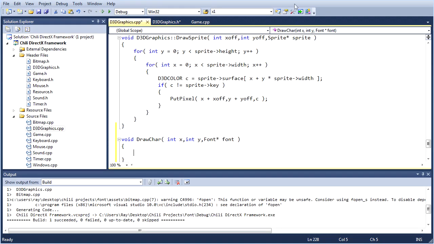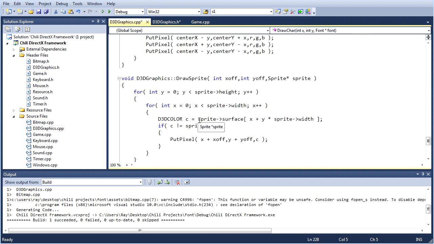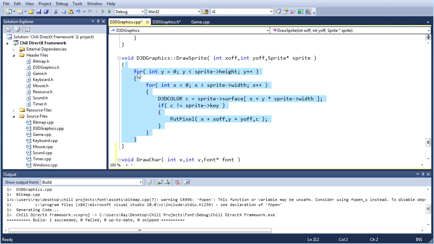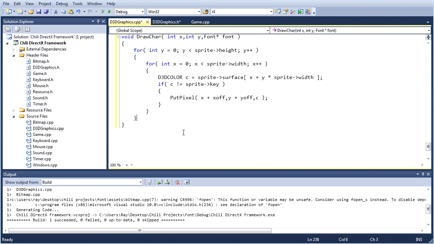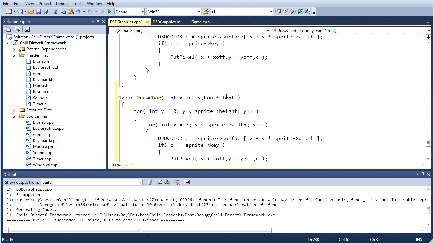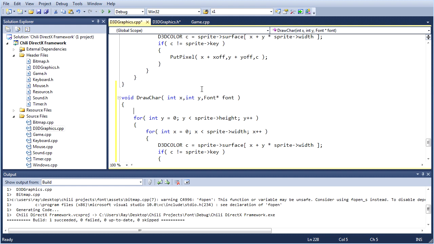Oh yeah, so it's going to be a little bit different than the draw sprite, but I think we'll be able to handle it. I'm just going to copy and paste this though. Dangerous, and yet I will still do it. Okay, so what are we going to be doing here? We need to figure out our start point and our end point for copying. So first thing we need to do is figure out the index of our character from the